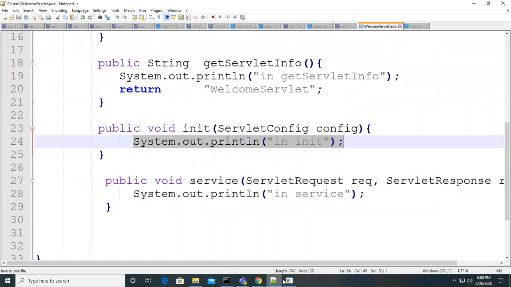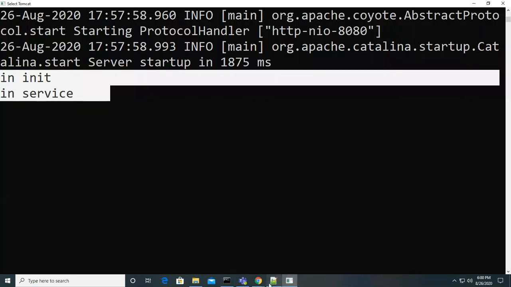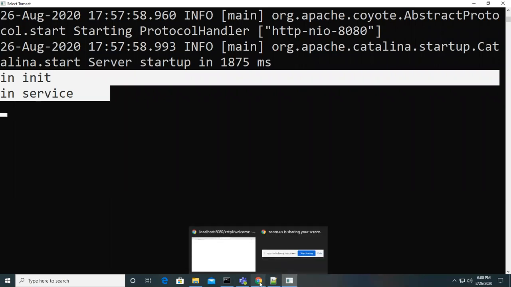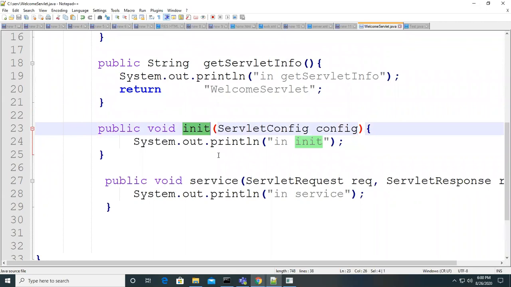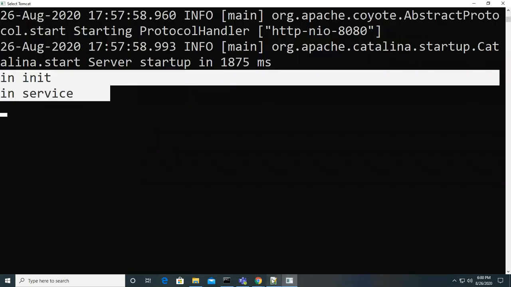So what is the meaning of this? That means someone called these two methods. Who calls these methods? The moment you try to access the URL /welcome, listen carefully. With that IP address, it will identify the system, and with that port number, it will identify the server, and with that project name, it will identify the project, and with this URL pattern, it will identify the resource, because we already configured that.